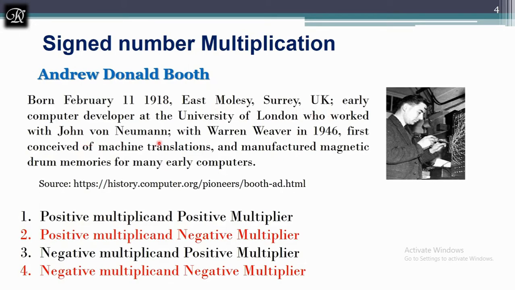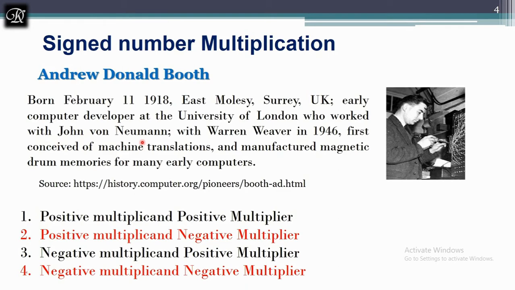You might have heard about this scientist, who is a revolutionary for the computer, who found the stored procedure concept, and he worked with them, and he is the first person to manufacture magnetic drum memories for early computers in the generation 1 computer. We are using computers so popularly today because of the concept of stored procedure, and the main person behind that is John von Neumann.